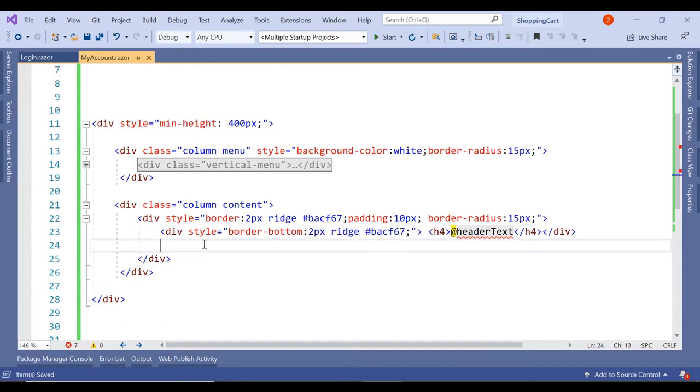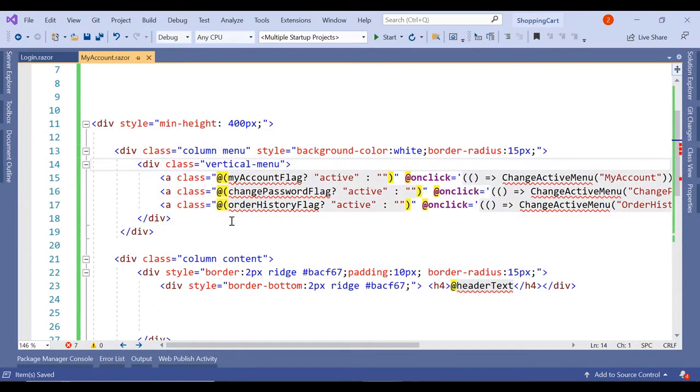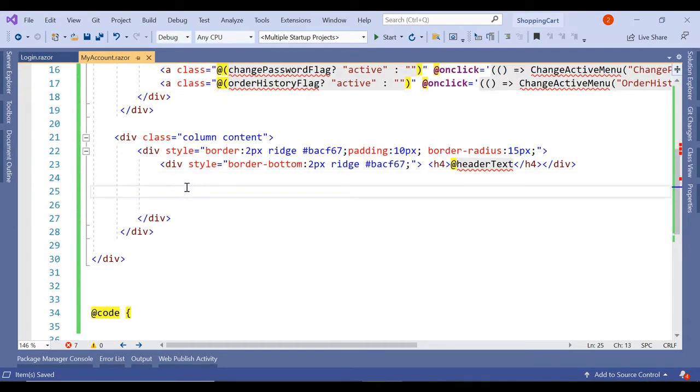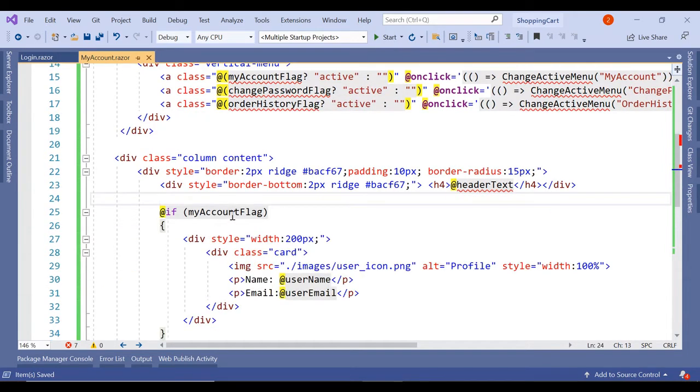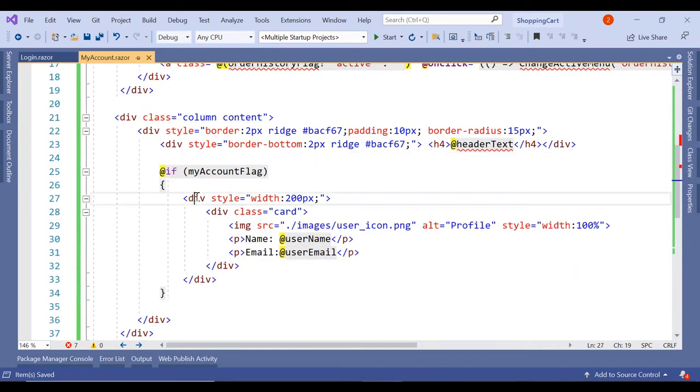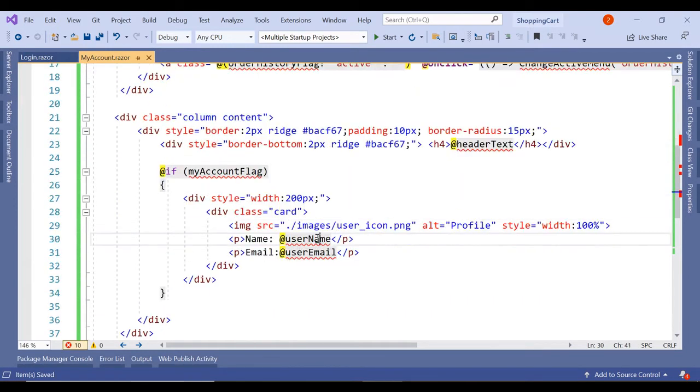Inside this we are going to have three if conditions for each of the vertical menus. These are three tabs, so we are going to have three different sections inside this. So let's create one by one. The first one will be for this my account flag. If my account flag is true, then we are going to show this div with the username and email and the image icon.